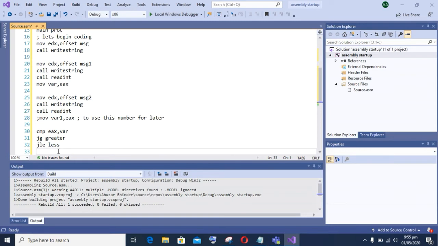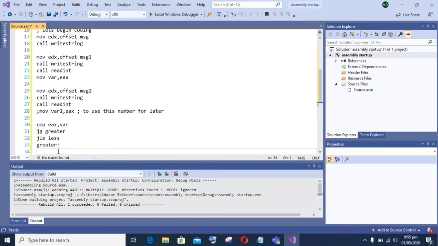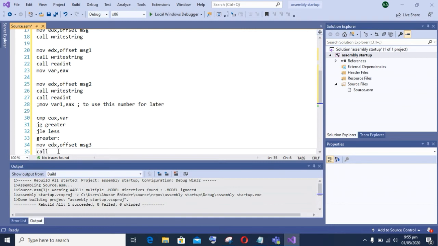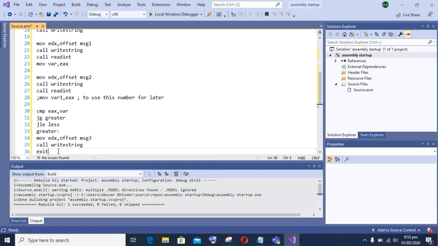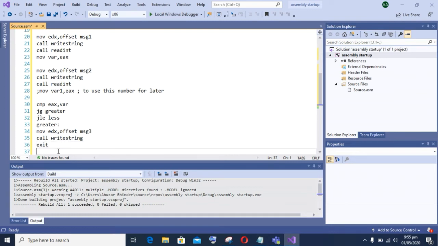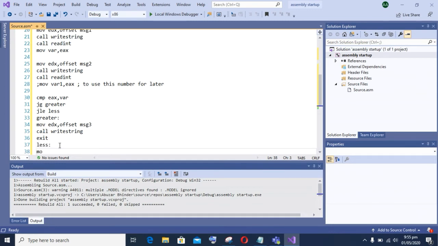So basically greater is the tag that will be called when the number is greater, and here I will display mov edx, offset my message 3, in which I have stored the greater number is. And after that exit is necessary for every tag that you will use in your assembly language.